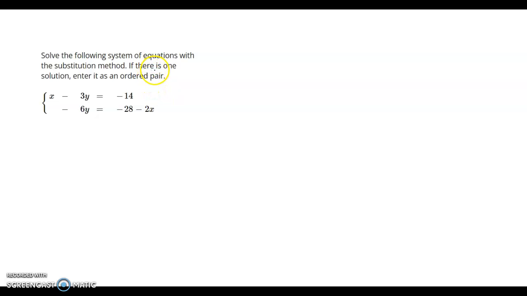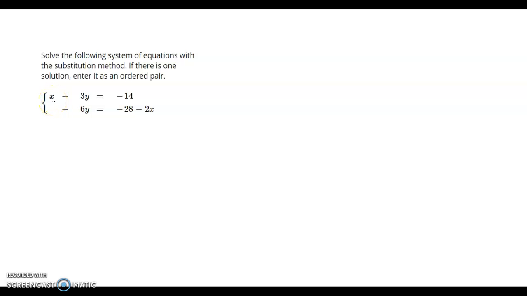Solve the following system of equations with the substitution method. If there is one solution, enter it as an ordered pair. So if we're solving this with substitution, the first thing we need to do is isolate a